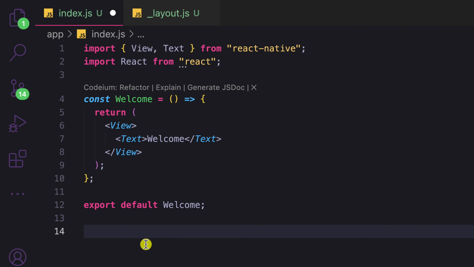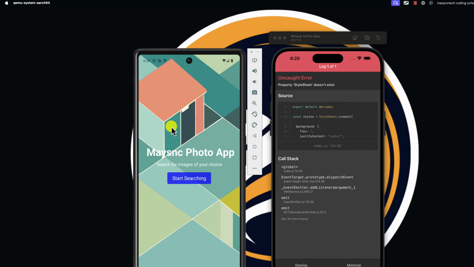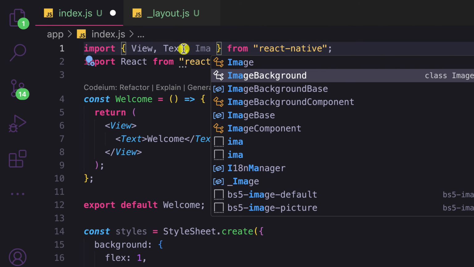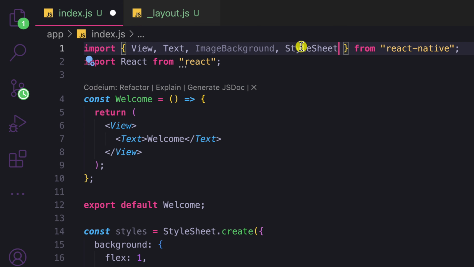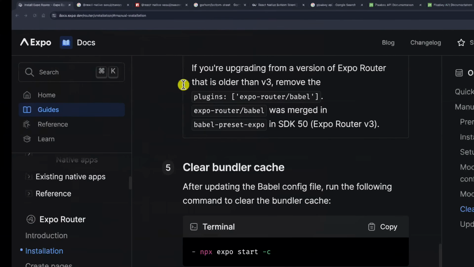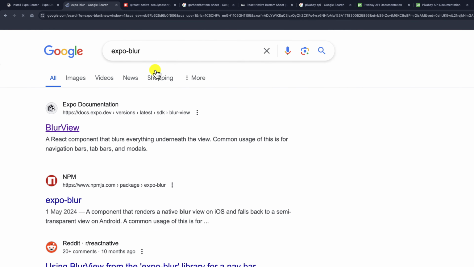I'm gonna provide you with the complete CSS for the home screen. Definitely the final source code will be provided. Let's look at what we need. We will need what is called image as our background. Therefore, we are going to import what is called image background from React Native, and then style sheet also from React Native. And we are going to use Expo Blur. So let's search for Expo Blur,